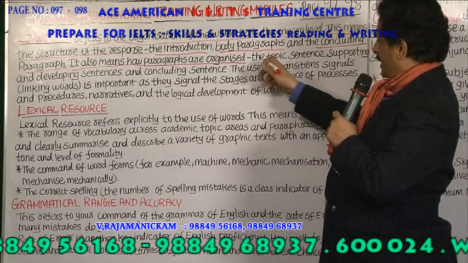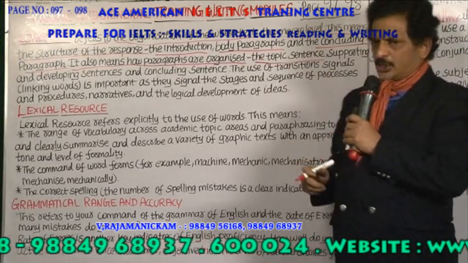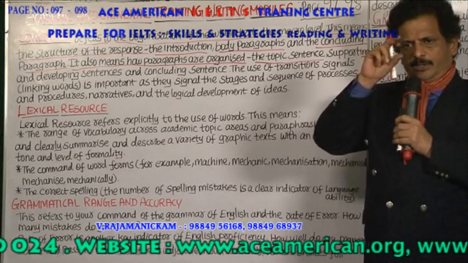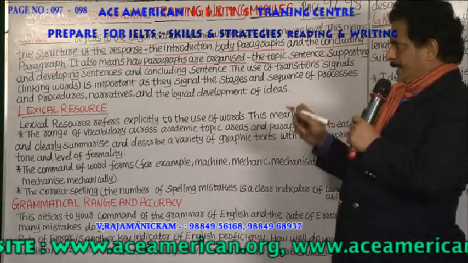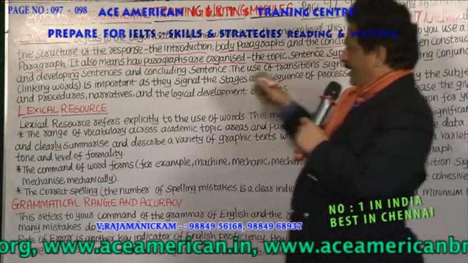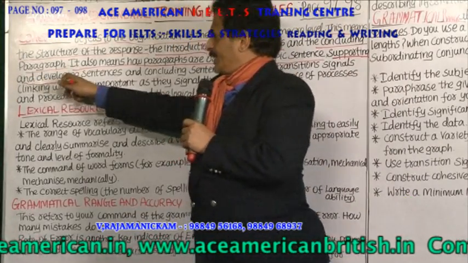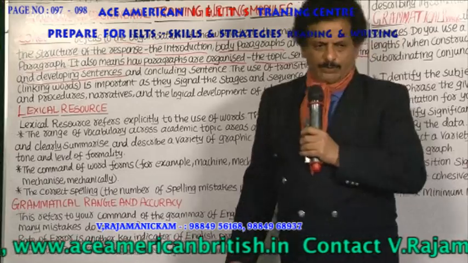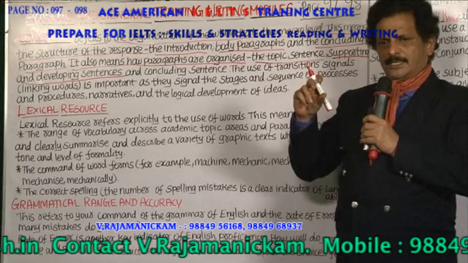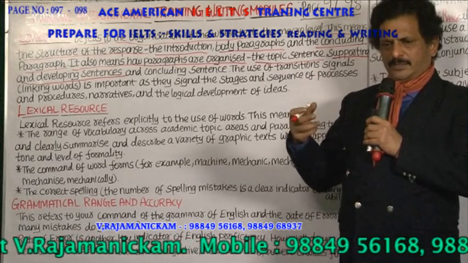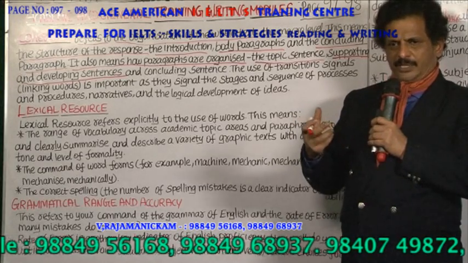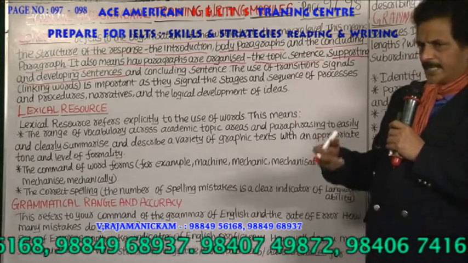So a paragraph is organized with the topic sentence. What is a topic sentence? Suppose, software companies in Chennai. It is the topic sentence. In the paragraph it should be arranged. The topic sentence should be there. Supporting and developing sentences. Supporting sentences should be there. Developing sentences should be there. What are the supporting sentences? You can say software companies are there in Chennai. Many software companies, Wipro, SoftLogic and TCS, they employ a lot of people and everything, all those supporting and developing ideas.